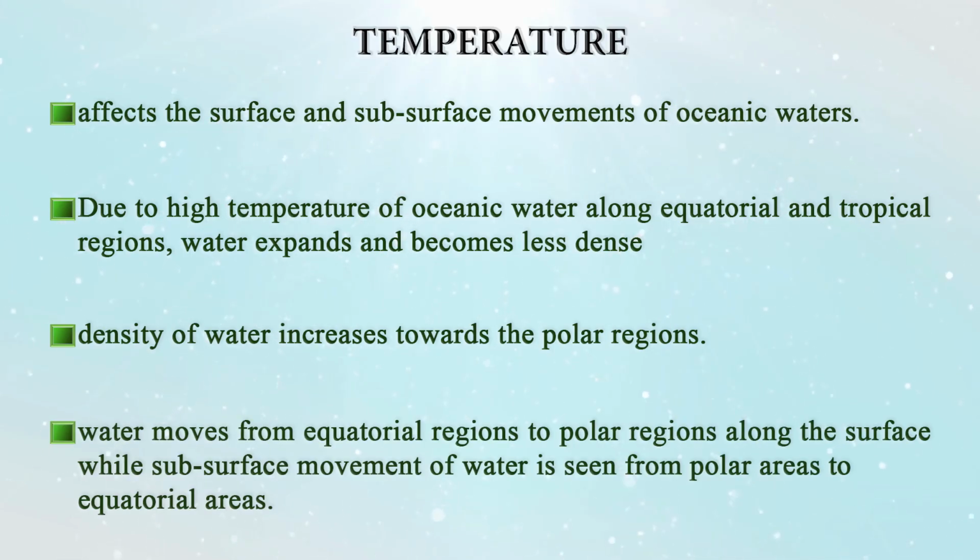So what happens is that the higher density water presses, and again there is a subsurface current from the higher density of water to the lower density of water, that is from the poles towards the equatorial regions, and then from the equatorial regions there is a surface current from the low density of water to the higher density. So, you see, water moves from low density areas to higher density areas. So, you see there are many currents which move from the equatorial regions to the